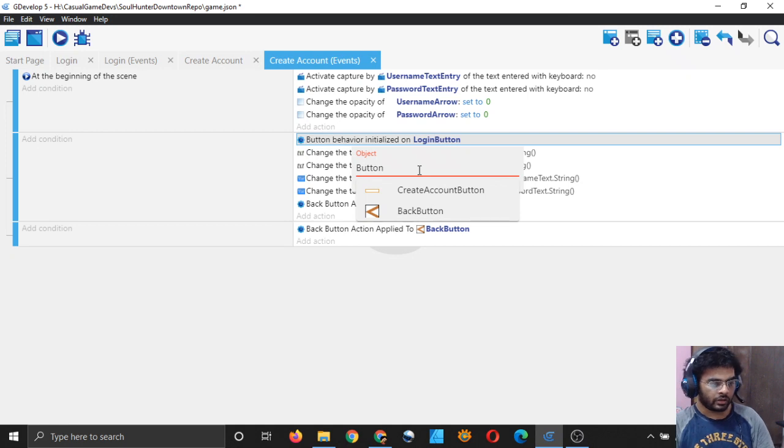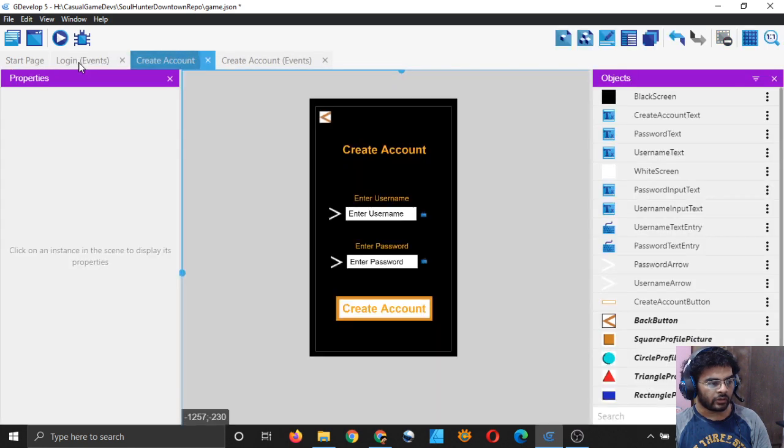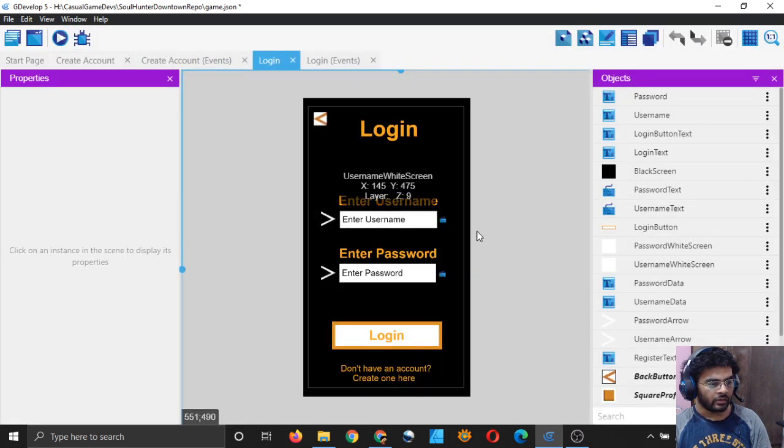Then simply change these: the button, change login button to create account button, and change the text of username data. What is username data? I have to see that. Okay, oh, I closed the login event. Let me open the login scene again.